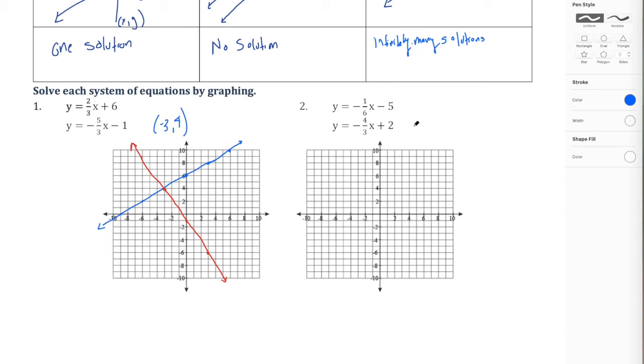Here we see another set of equations written in slope-intercept form. The first equation starts down 5, and it has a slope of -1/6, so down 1 and over 6, which means up 1 and to the left 6. So there are our points for the first,